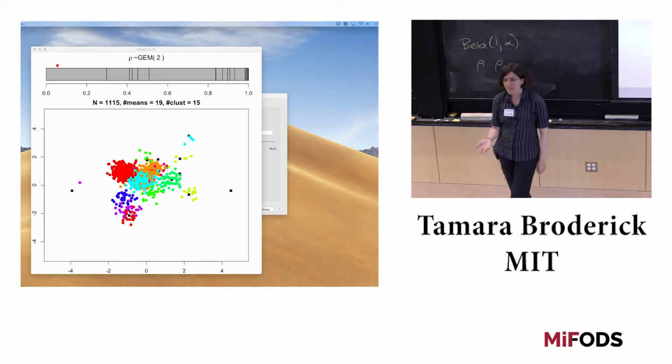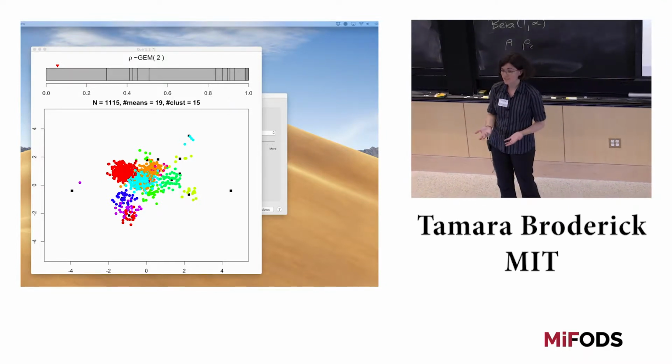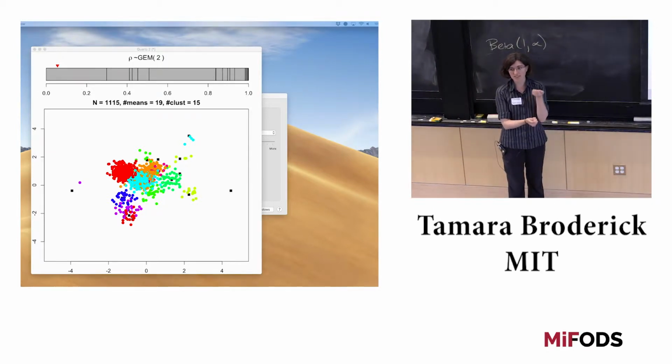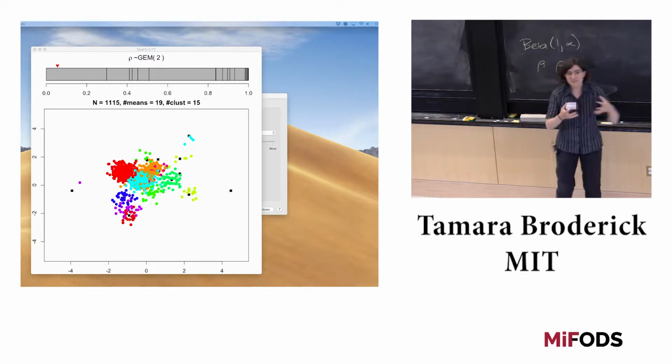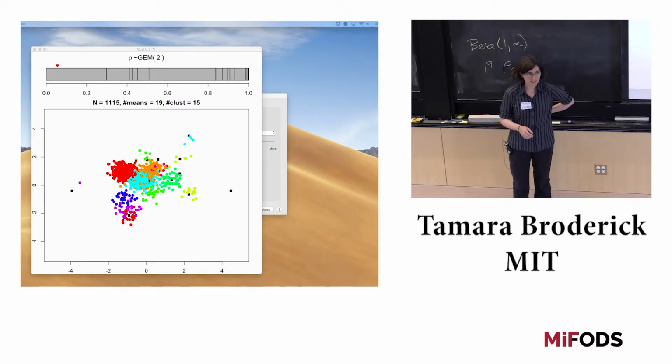Now, because we only have an hour and a half together today, I'm not going to have time to go into how inference works in these models. If you have conditional conjugacy, like your prior for a cluster is conjugate to your likelihood for a cluster, like the Gaussian means and the Gaussian data around a cluster, then you can do inference exactly. And the way that it works is a similar idea to this: you have this infinite latent parameter. You could never instantiate it, but because there's only finitely many realized parameters, you can get away with only instantiating stuff for those. And then the prior sort of operates outside of that.